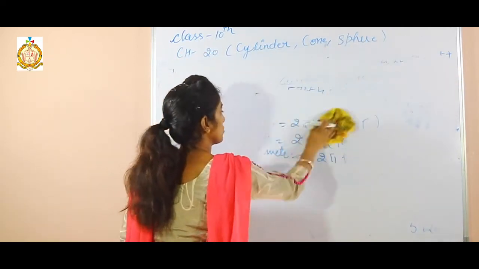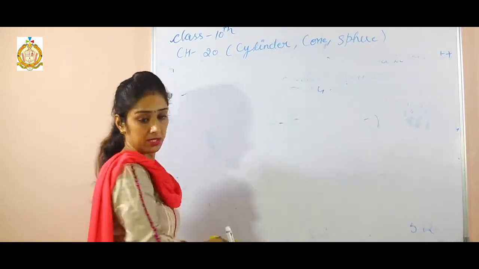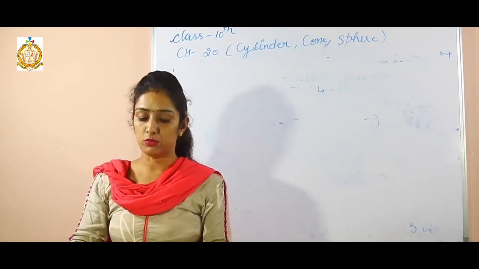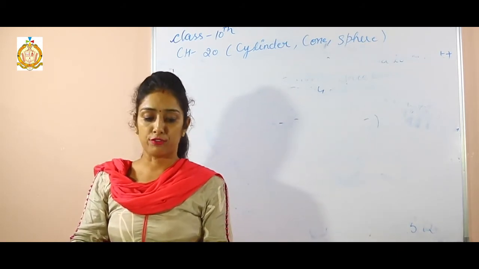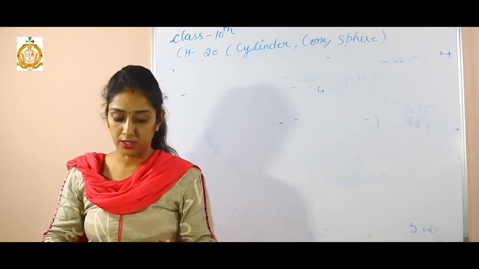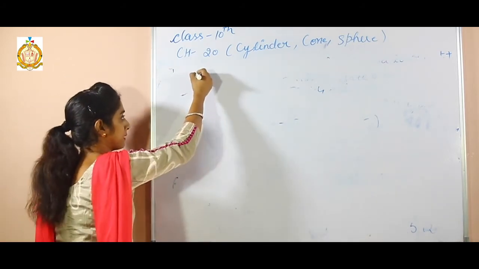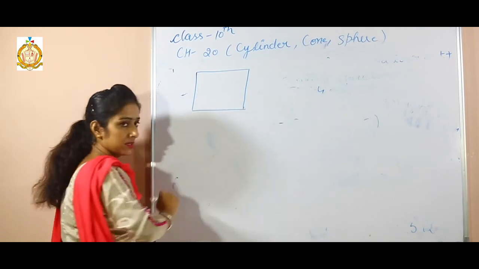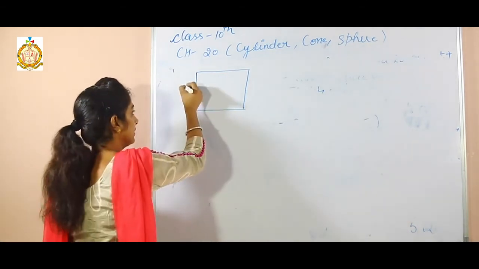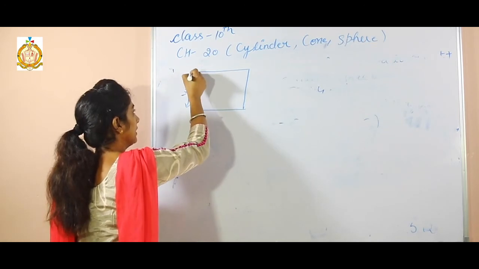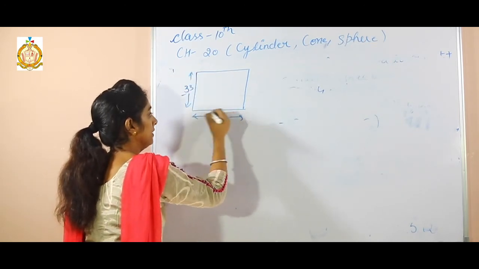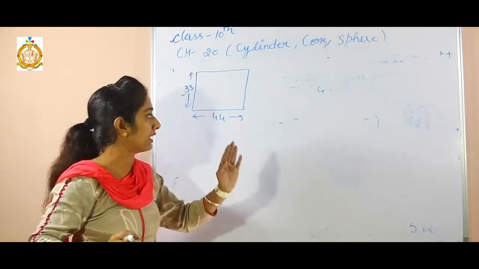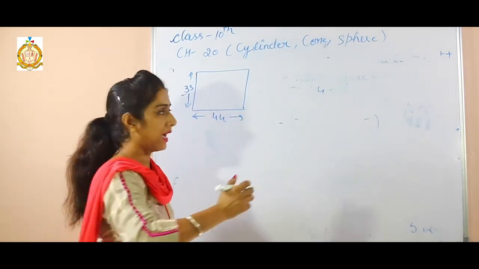See students, in the next question, the statement is: find the volume of the largest cylinder formed when a rectangular piece of paper of 44 by 33 centimeter is rolled. Now, there is a piece of paper, see students, which is 33 on that side and 44 on that side, and this paper is rolled to make a cylinder. See, when this paper is rolled,